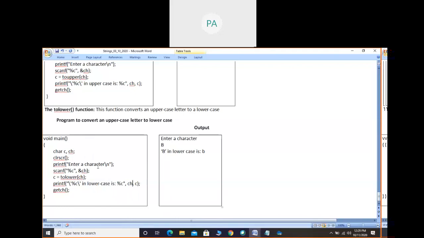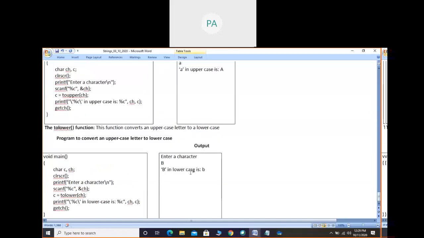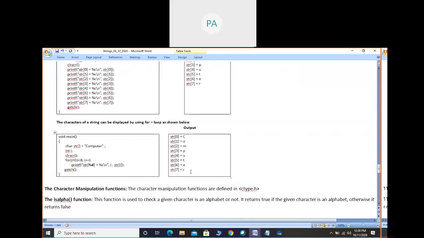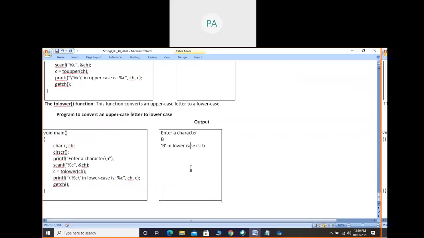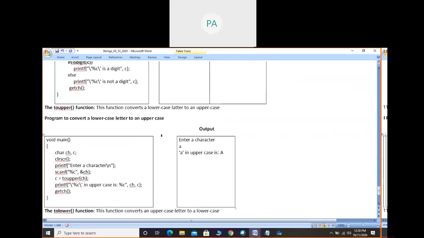Okay. Fine. So enter a letter, or you can say enter a character. If you write a capital letter, that will be converted to lowercase and printed. If you type a lowercase letter itself, then it prints as it is. So this is about character manipulation functions. String manipulation functions and character manipulation functions. You can take the last screenshot here. If you take either uppercase or lowercase, the other one you can understand.